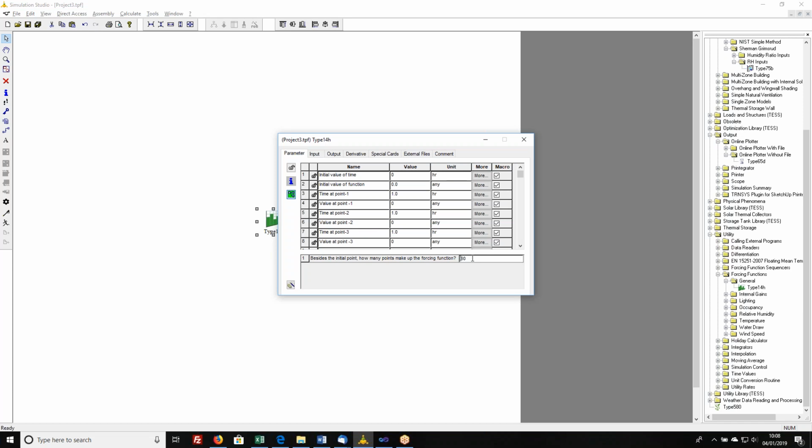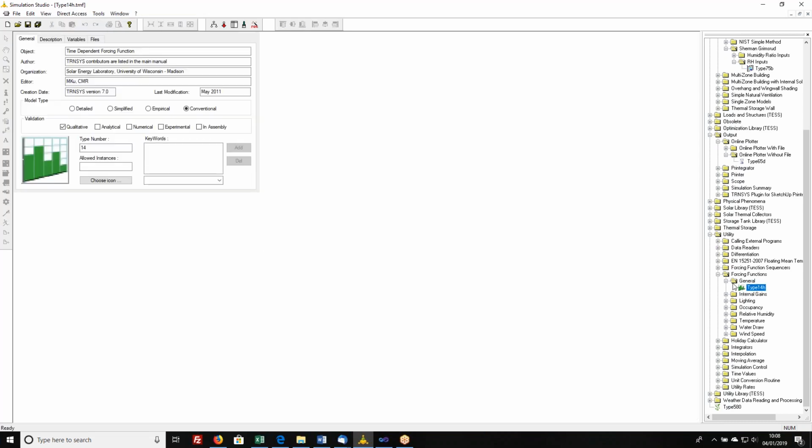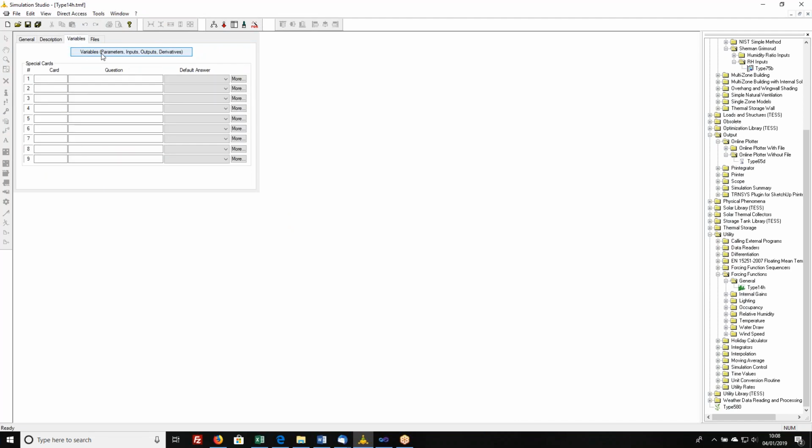There's a limitation in the proforma. Now, in this particular case, this is a totally arbitrary limitation in the proforma. There's nothing in the code preventing us from having a forcing function that has as many points as we want. So what we're going to do is I'm going to double click on the proforma over in the direct access tool, not the proforma that is already in our project, not the instance of the proforma, but the default template proforma. I'm going to open it up, switch to the variables tab,